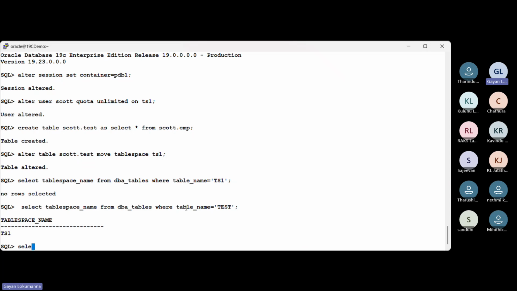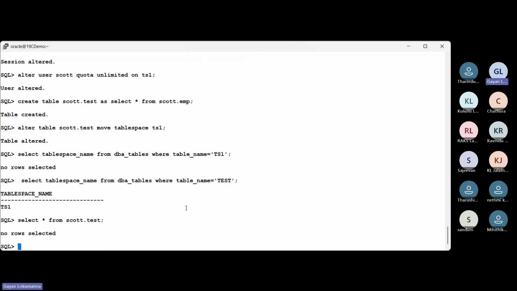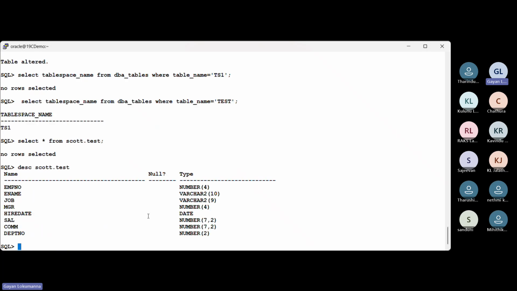So if I do select now, select asterisk from scott.test. Sorry, oops, there is no data. Let me just do a quick insert. Describe scott.test. Insert into scott.test values. Let me just be quick on this. 1111 as employee number, name, put my name here,